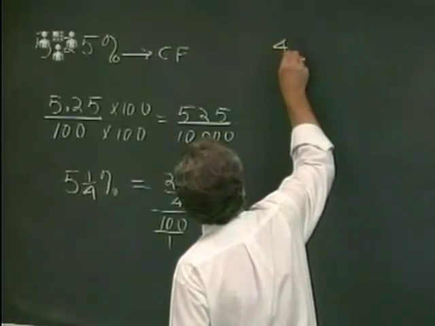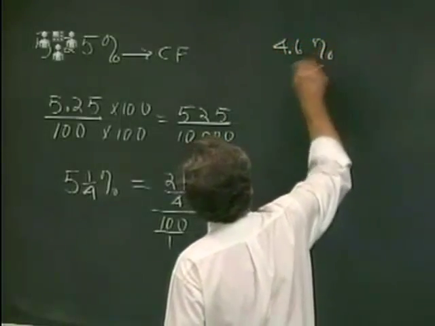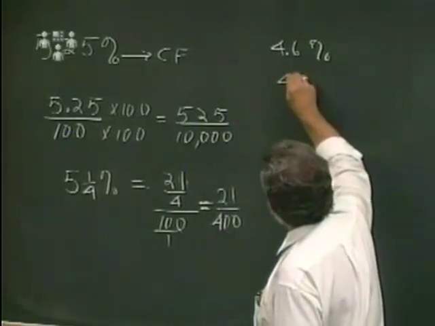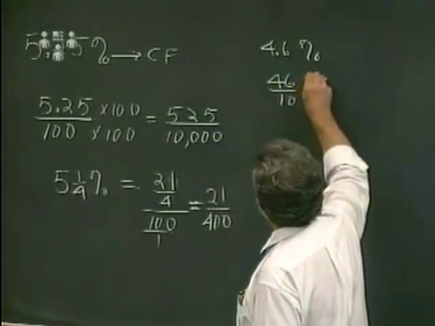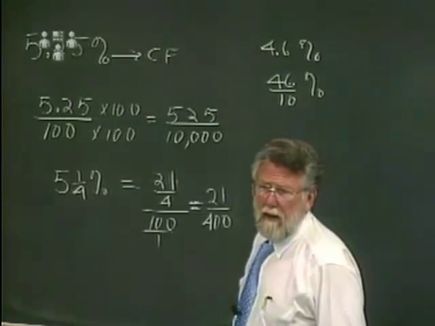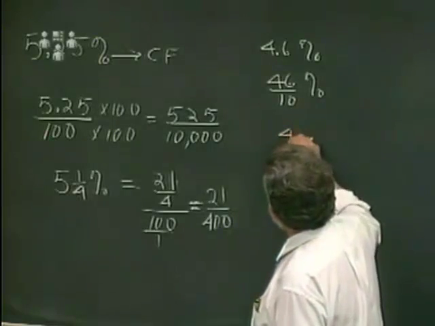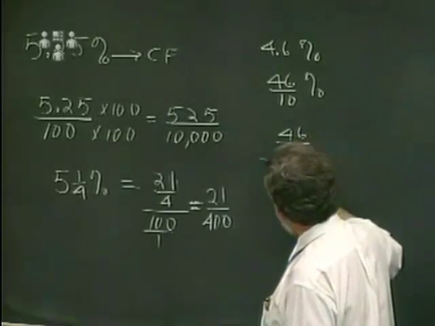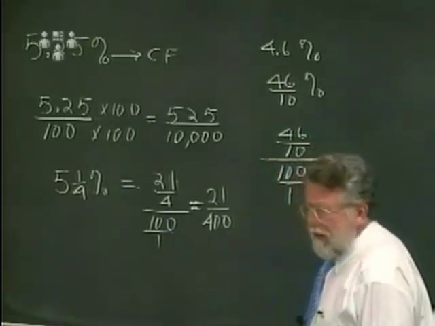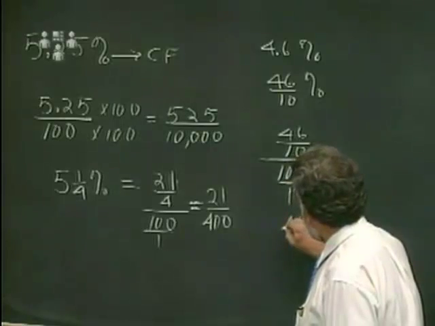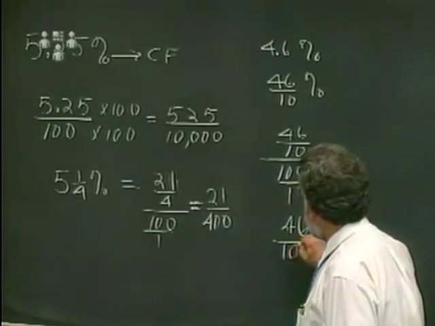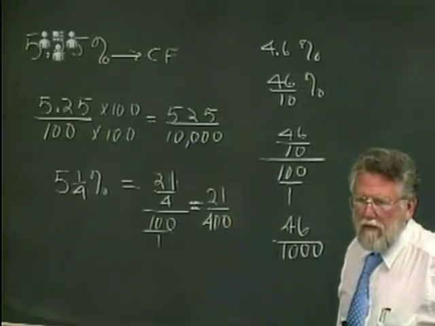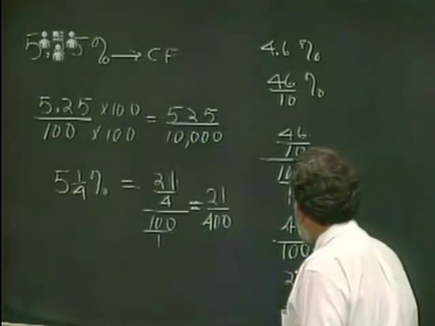So you have 4.6%. Now, your statement is that you wanted to put it over 10. That's good. That's 46 over 10, but it's still percent at that point. So that would be 46 over 10 over 100 over 1. And then you'd have the 46 over 1,000. And then again, you can reduce that, 23 over 500. However,